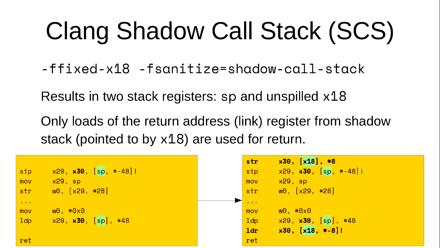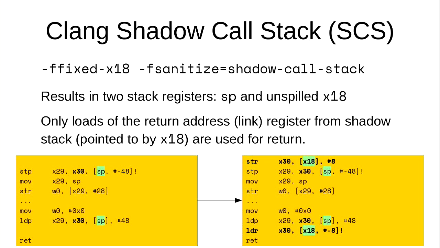The x30 register is effectively the return address that you want. So in the beginning, we save x29 and x30 to wherever, using the stack pointer as an offset. And before we return, we restore x30 out of the stack and then do a return, which effectively jumps to x30. If we enable the shadow call stack, the first thing we do is actually store our